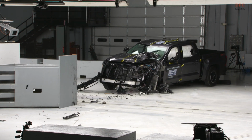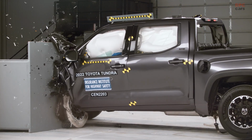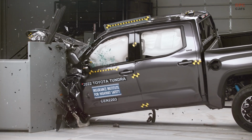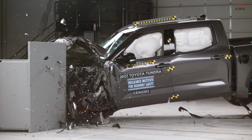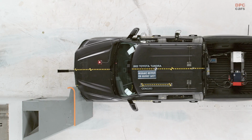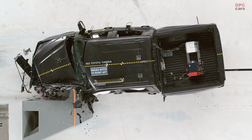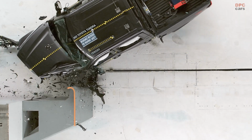The 2022 Toyota Tundra Crew Cab, a large pickup, earns a Top Safety Pick Plus award from the Insurance Institute for Highway Safety thanks to improved performance in the two small overlap front crash tests and better headlights. To earn either of the Institute's two awards this year, a vehicle must earn good ratings in 6 crashworthiness evaluations,